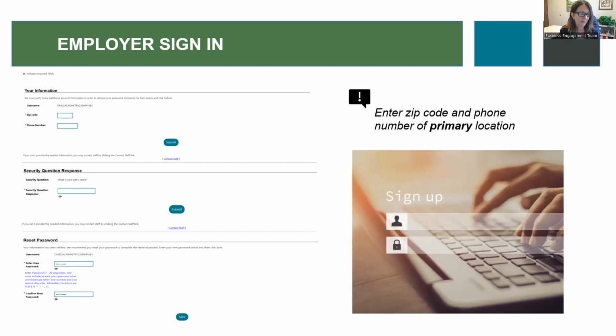And then after you get through all of those different 5 questions, then it will ask you to reset your password. And as with many other passwords you may use, there are certain rules on numbers of characters, upper and lower case, numbers and symbols, and that is all explained there in the blue.